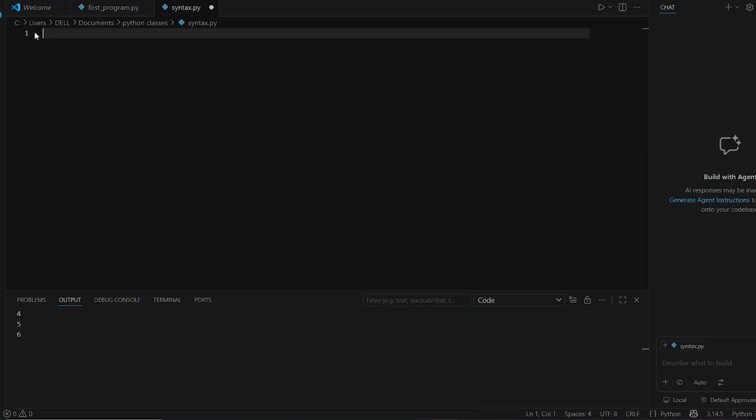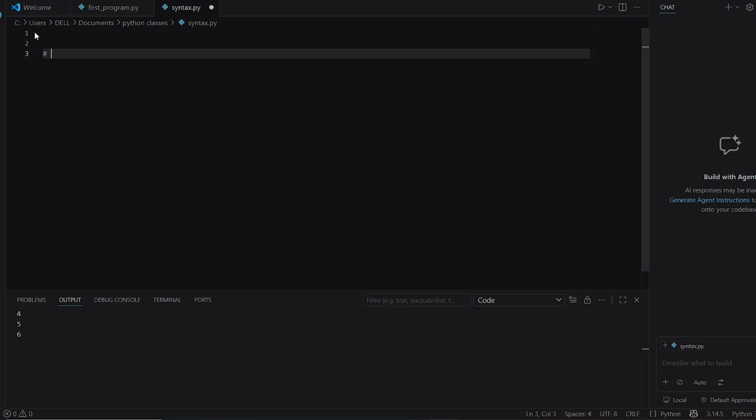Now, let's go back to the syntax. The very first thing we're going to learn about is what we call the comment. Comments are texts that we use to provide descriptions or explanations to our code. They are not executable. Just like what I have here in line 3, this is a typical example of a comment. It is non-executable. To write a comment in Python, all you have to do is provide a hash symbol, otherwise known as a pound symbol, and then the piece of text. So you can say any text that is preceded by a hash or pound symbol is considered to be a